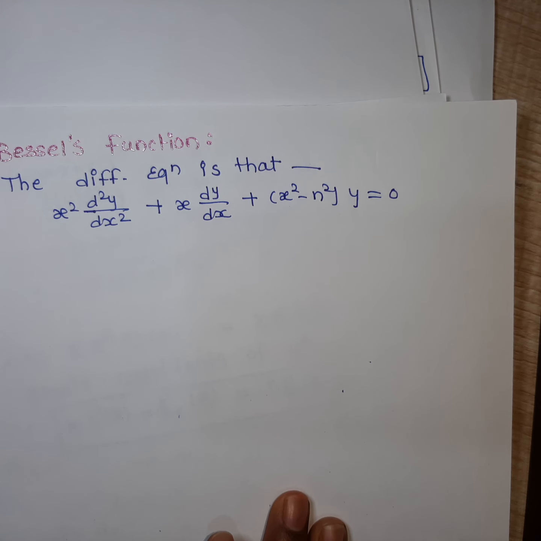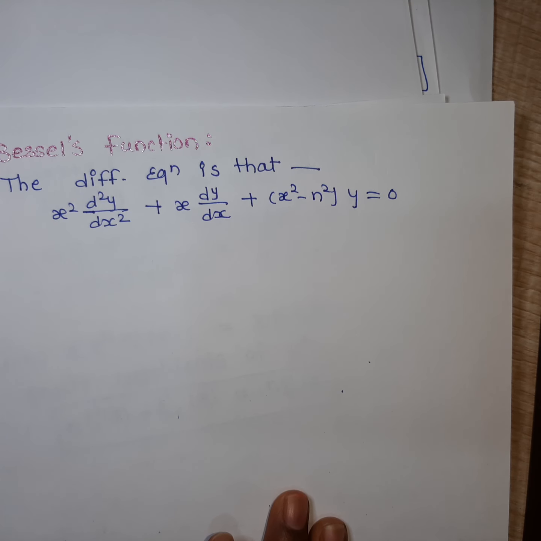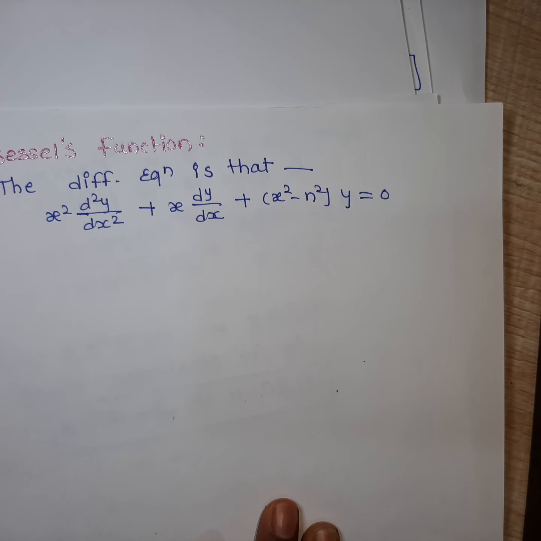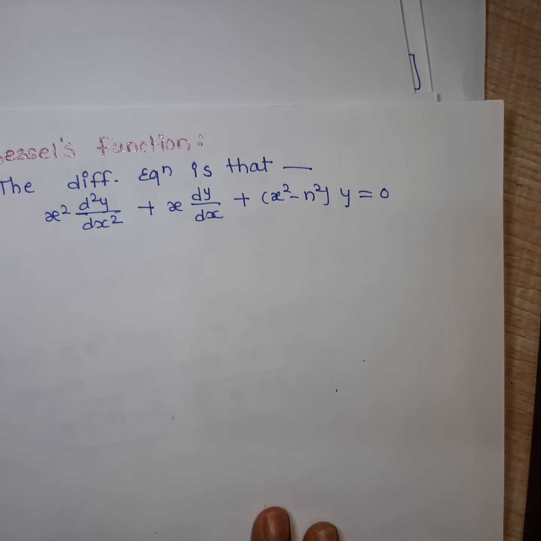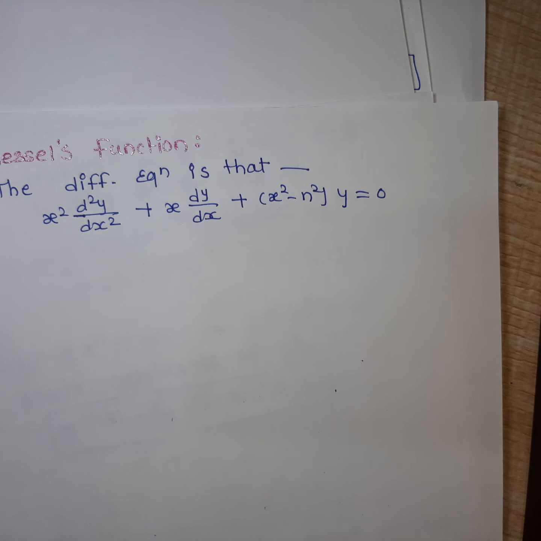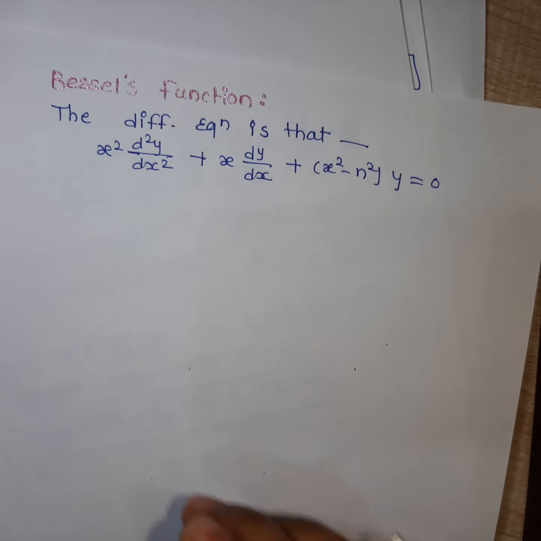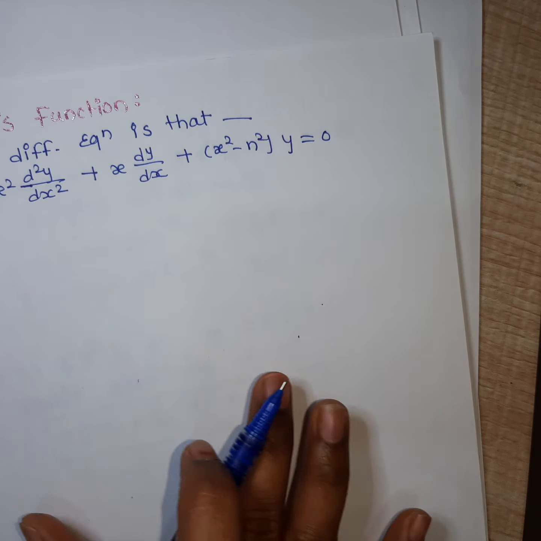This is called the Bessel's differential equation, and a particular solution of this equation is called the Bessel's function of order n. We find the Bessel equation while solving the Laplace equation in polar coordinates by the method of separation of variables. The Bessel's equation has some application in the